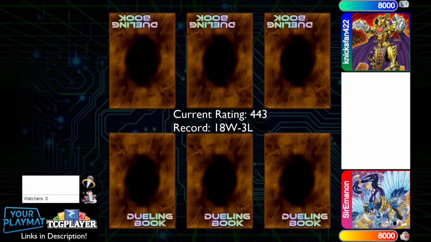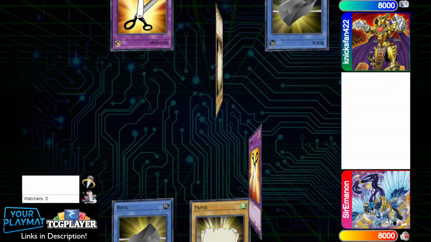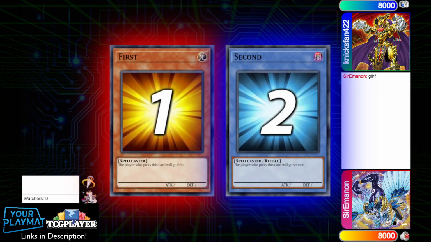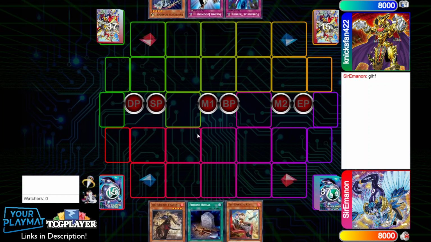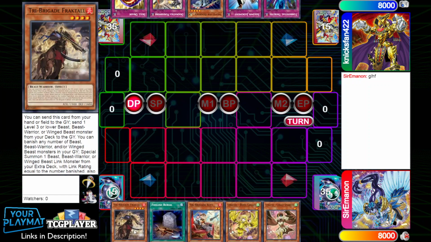But yeah, let's just go ahead and get started with this matchup here without any further ado. So we do win the RPS here, and that is, of course, pretty important to try and win in most matchups. So we're going to choose to go first, of course, and our opening hand is going to be Fractal,